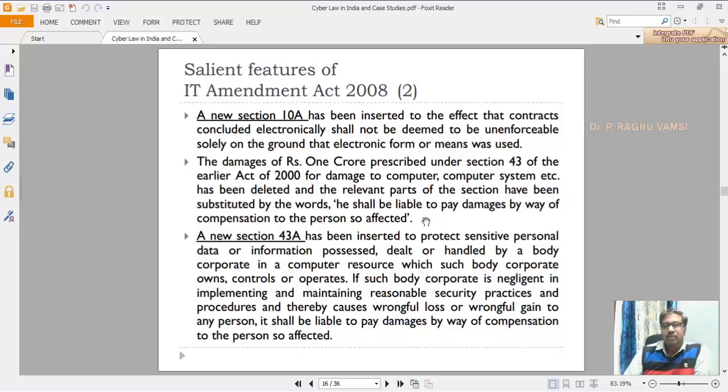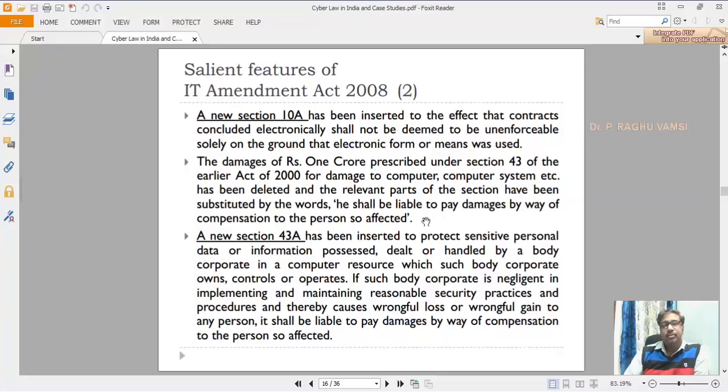If such body corporate is negligent in implementing and maintaining reasonable security practices and procedures and thereby causes wrongful loss or wrongful gain to any person, it shall be liable to pay damages by way of compensation to the person so affected. So it is just like in recently